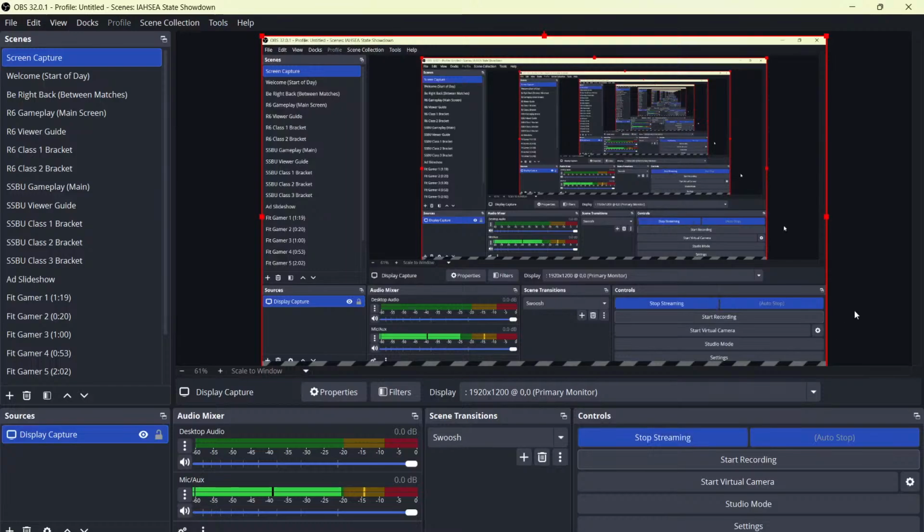All right, guys. So I just wanted to show you for reference what OBS will look like when you have it all set up for the IAHSEA showdown. This is going to be a little bit goofy because I'm showing you OBS while also trying to use OBS. So I won't actually be able to transition to some of these different scenes that are over here